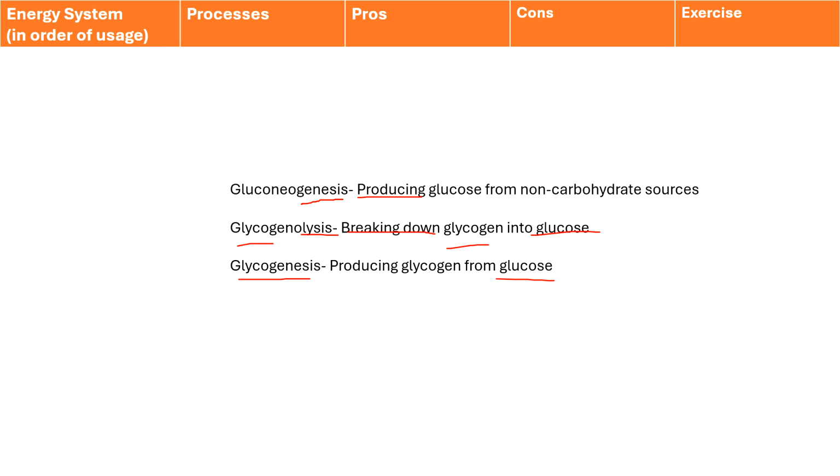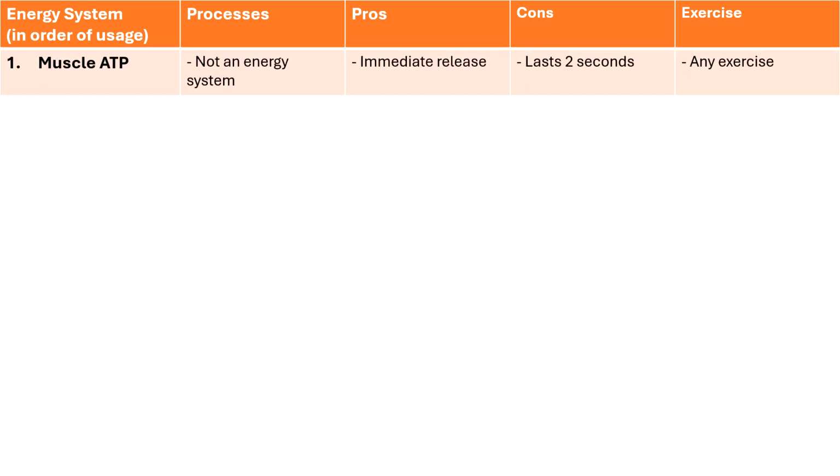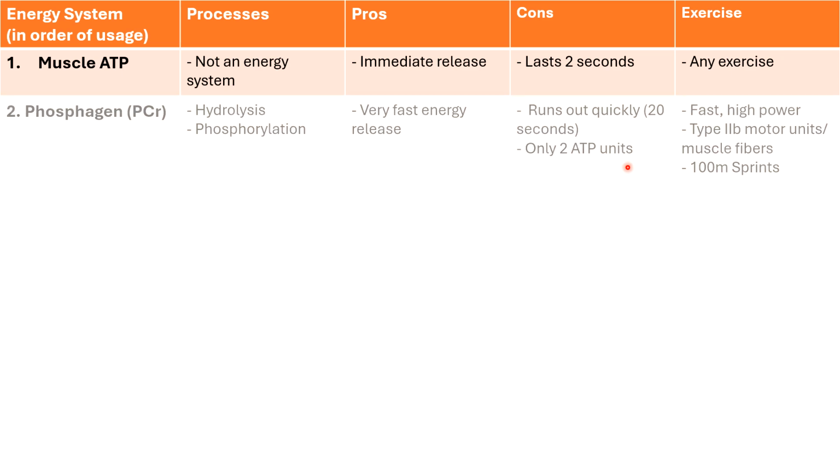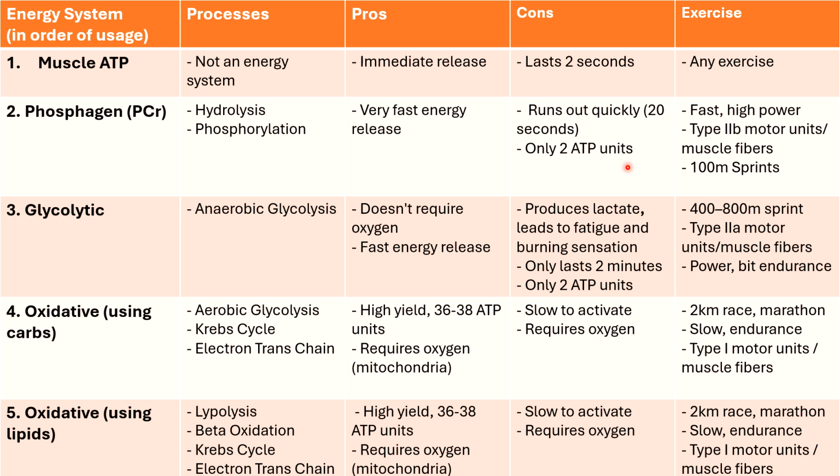Now let's delete this as quickly as possible because we're going to look at the energy systems. Well, this isn't really an energy system. It is the default ATP that is already in your muscles. It's the ATP that is present before any energy system. It's around 2 units, and it involves immediate release that lasts around 2 seconds in any exercise. Then there are the energy systems that we saw before. As you can see in the exercise column,